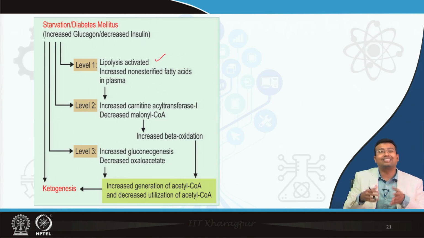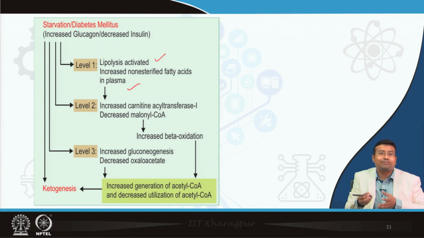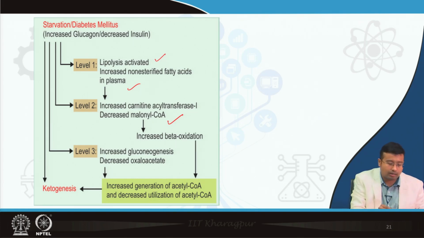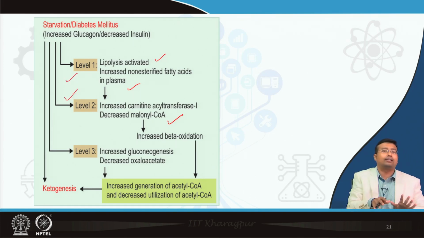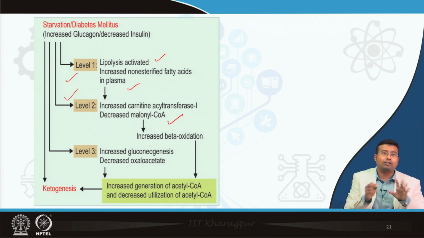So, when we are seeing excess production of ketogenesis, what happens? In starvation and diabetes, there is excess fat breakdown leading to excess fatty acid in plasma. That excess fatty acid goes inside the mitochondria and undergoes beta oxidation. So, there is a level of control at the entry of fatty acid. If that entry is controlled, there will be less and less production of acetyl CoA, and ultimately when these